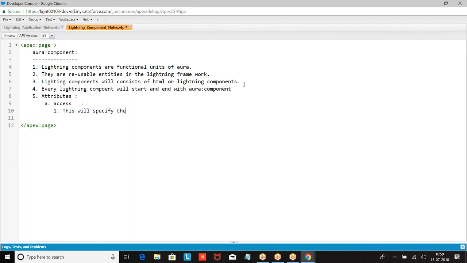This will specify the scope of the component. Global: this component can be accessed within the namespace and outside the namespace.